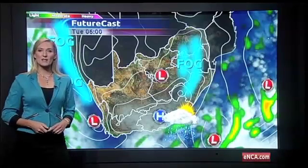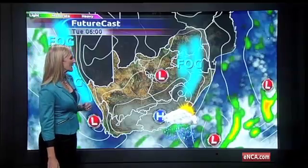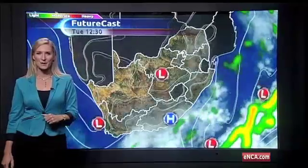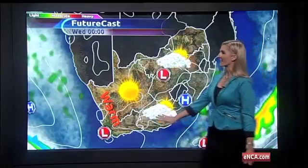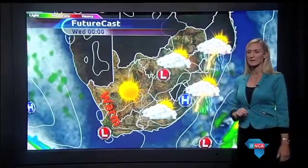Welcome to the Weather Centre on Tuesday, where the day starts off with some fog along the west coast as well as over the eastern interior, and we're expecting some drizzle along parts of the eastern Cape Coast. Fine and warm weather is expected over the western part of South Africa, with berg winds along the west coast, partly cloudy as we head towards the eastern Cape and Gauteng, and we'll see a few thundershowers swarming over parts